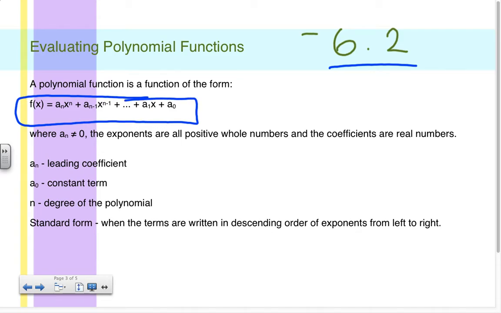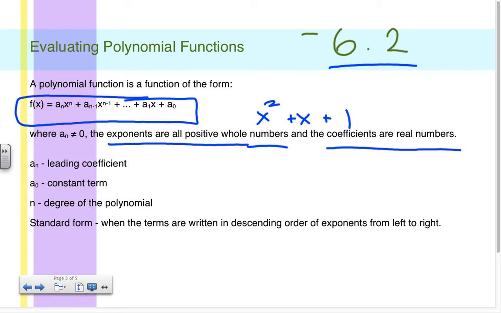Now, what a polynomial function really is going to be is any sort of function that has exponents that are positive whole numbers and that has coefficients that are real numbers. So if I look at, for example, a quadratic function, I'm going to have x squared plus x plus 1. This would be seen as a polynomial because each coefficient is a real number. I have a coefficient of 1, and then a constant of 1,